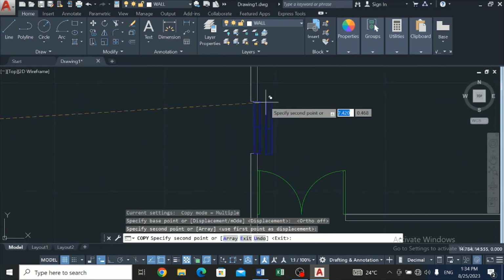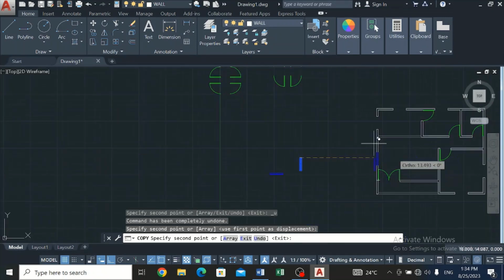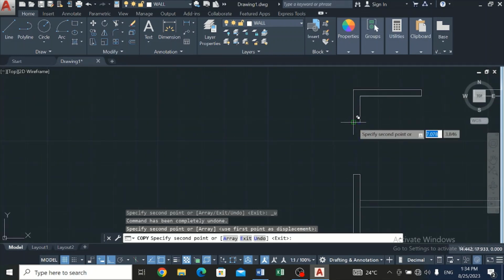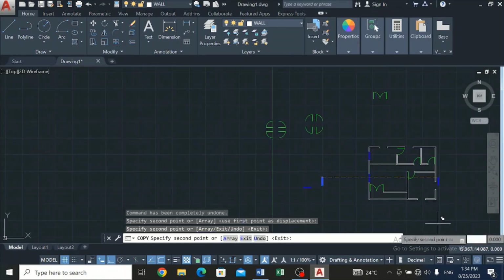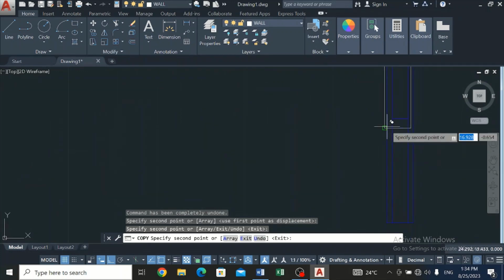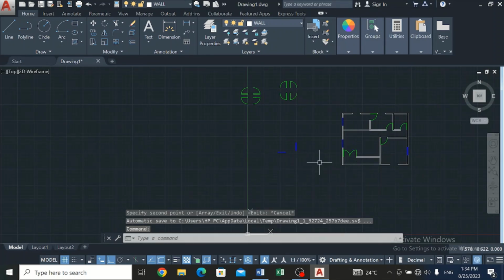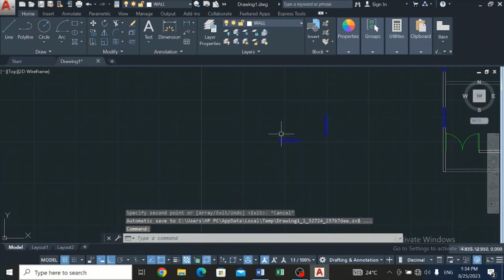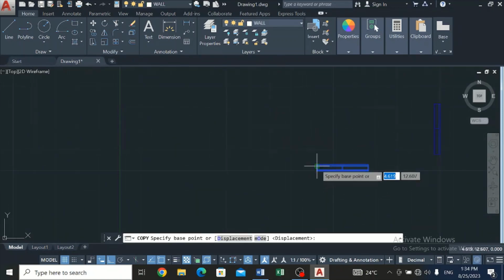You can see now you can specify the point you want to move it with. I click on this point,